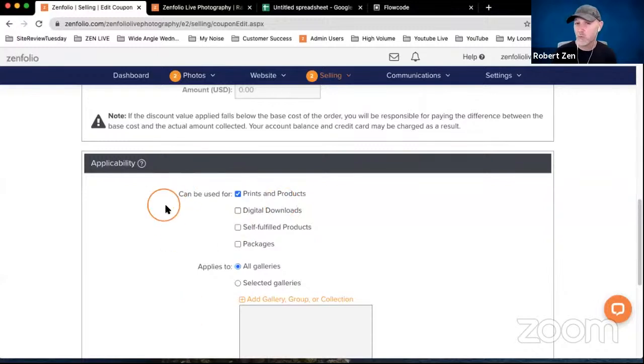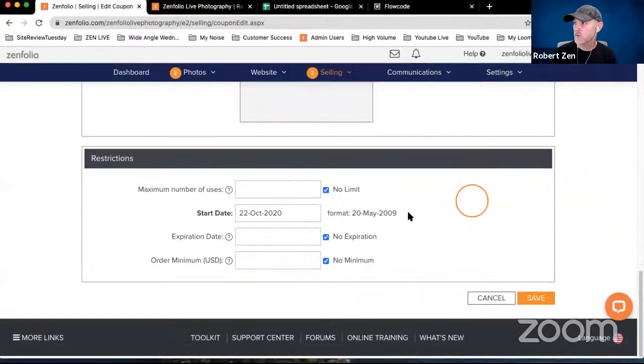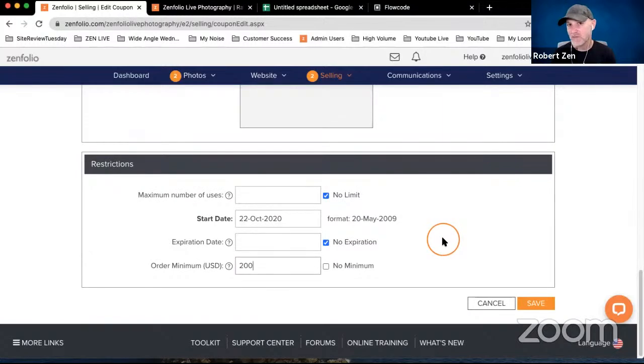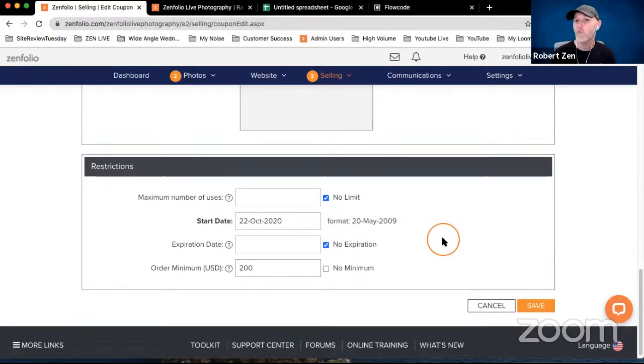So the way that we make that work is, first of all, we set it up to apply only to the prints and products category. We can't set it to a specific print, but it's going to be for prints or products. Next, we'll go down here and we'll say order minimum $200. So now their cart has to have $200 worth of prints in there before this coupon code will work, and they will get that